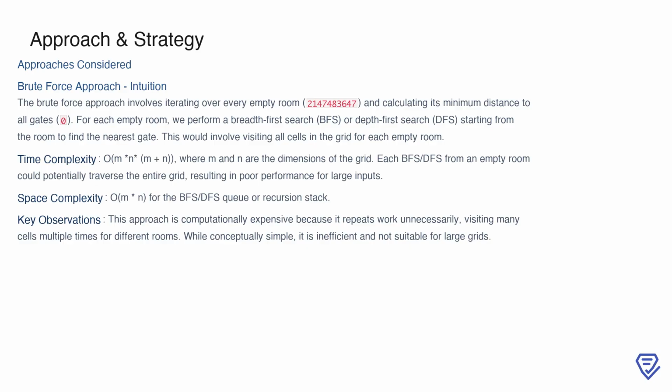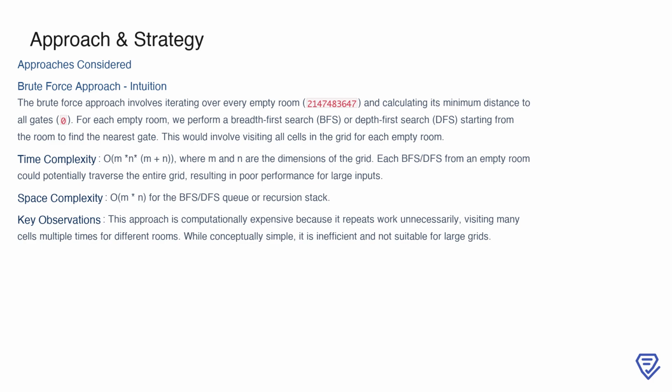Since the process involves performing a BFS or DFS for each empty room, the time complexity becomes O(m*n*(m+n)), where m and n are the dimensions of the grid. Additionally, the space complexity is O(m*n), due to the queue or recursion stack used during the search. The key drawback here is inefficiency. Many cells are visited multiple times for different rooms, leading to significant redundancy. While the brute force method is straightforward, it does not scale well for larger grids and is not practical for